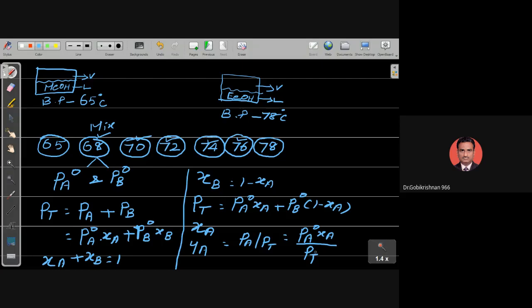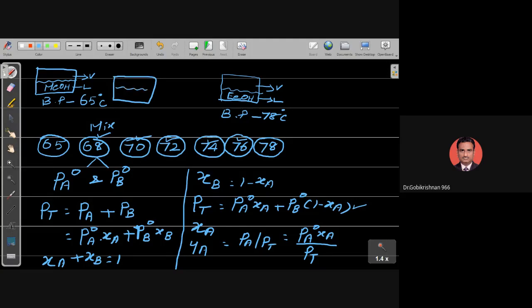I know the total pressure is 760. PA0 value for a particular temperature I know. XA value I calculated now. From this I have to calculate the value of XA. This XA I have to use here to find the value of YA. That's all. Therefore, here, what we have calculated at a temperature of